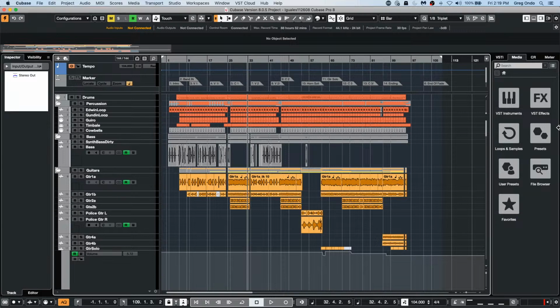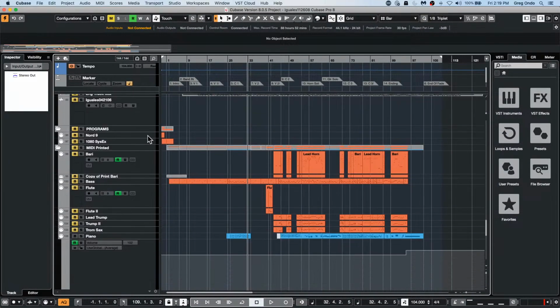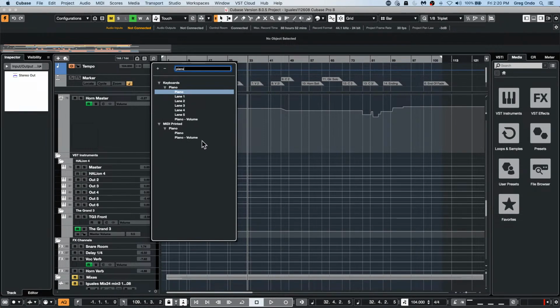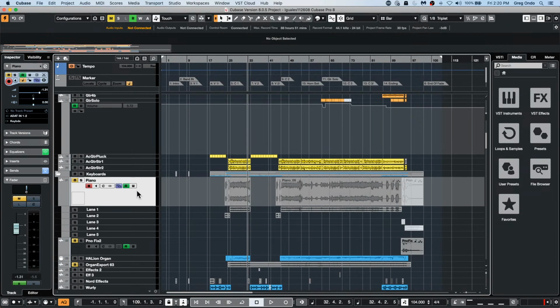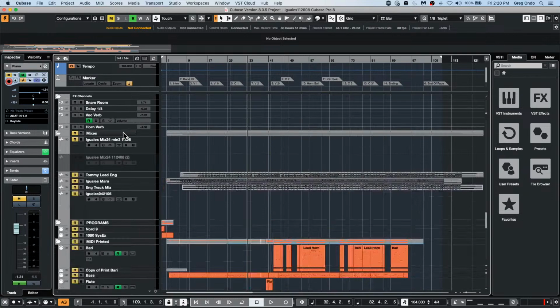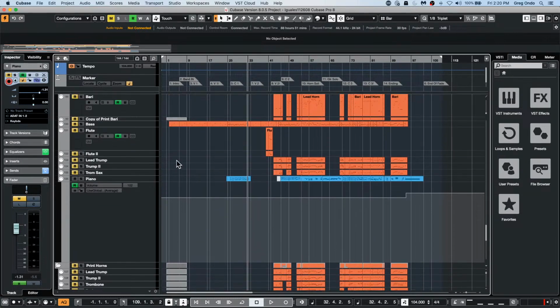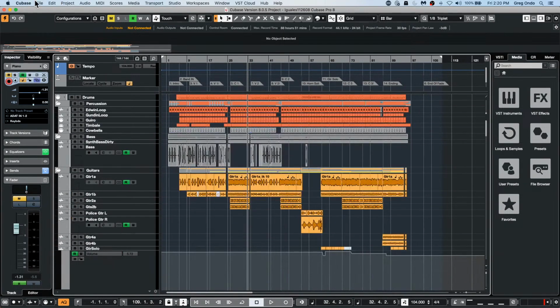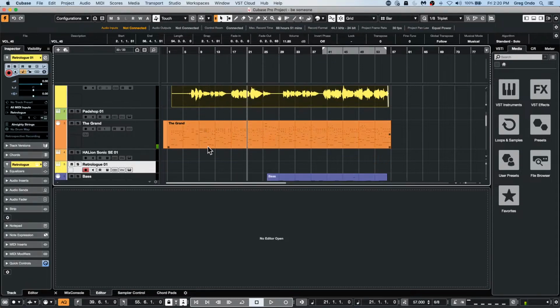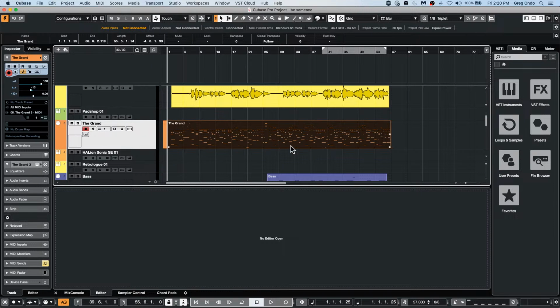Okay, so we just see, is there a way to print a MIDI VST into audio inside one project? So, I mean, yeah, you could definitely, there are many different ways of doing it. Let me just see if I can find. Here, I'll just go to another project real quick. All right, so let's jump back to this project, and if we wanted to, you could render in place, you could export, but, if I take this piano sound,